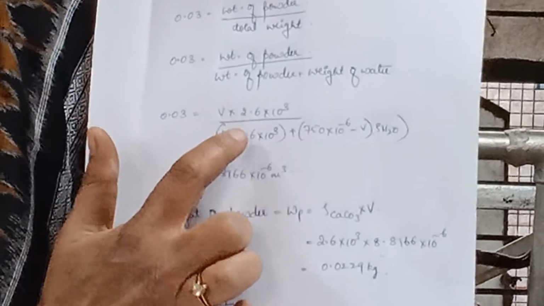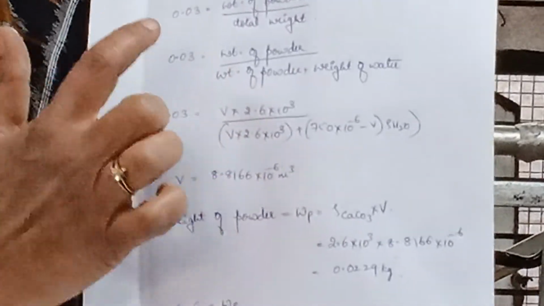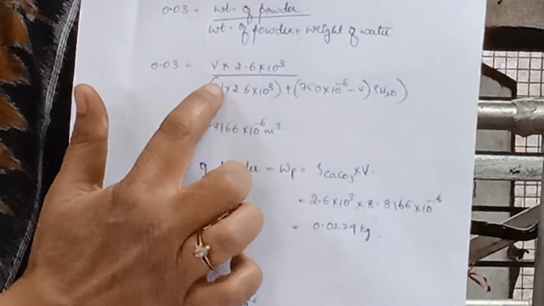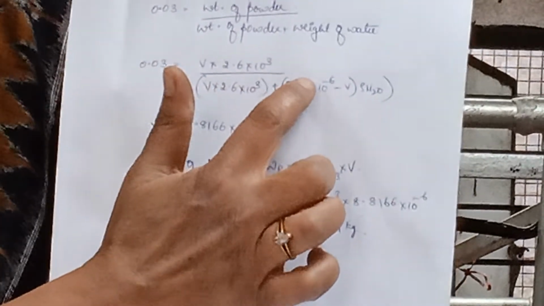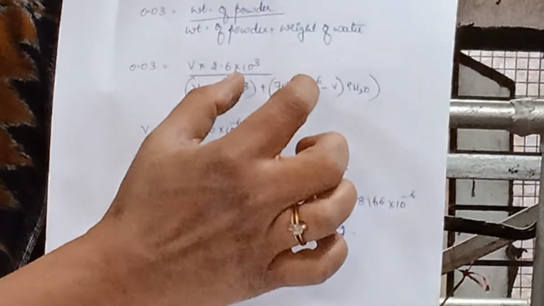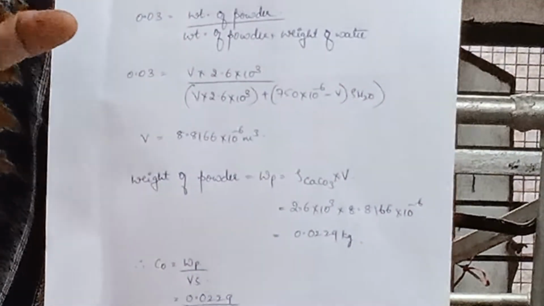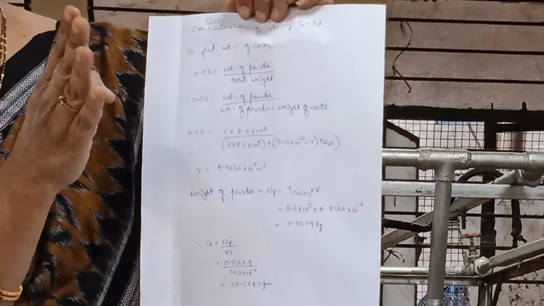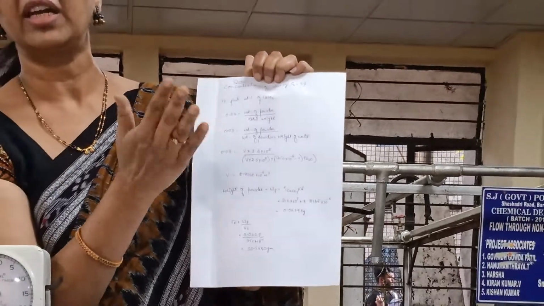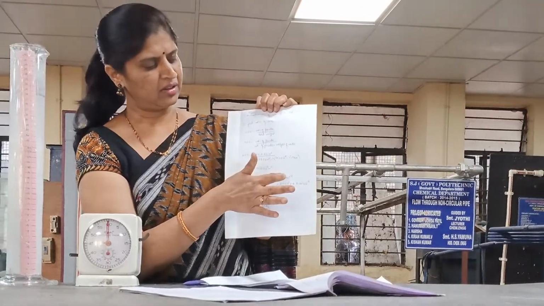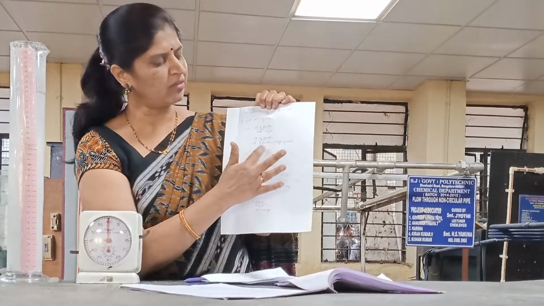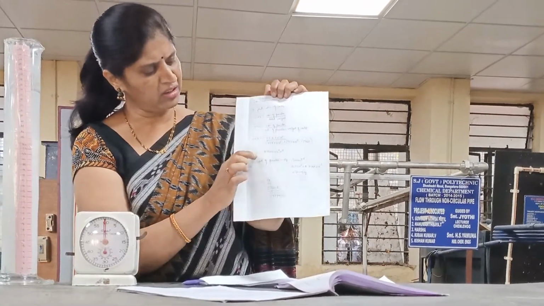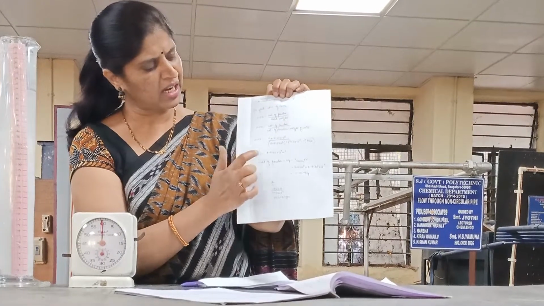So the weight will be taken as volume into density. So you have to write it in terms of volume into density. So of 1 liter, 750 ml of water you will be adding, and the 1/4 will be considered as powder. The rest will be the slurry. So total will come to 1 liter. So this is the formula. So your volume you will be calculating.